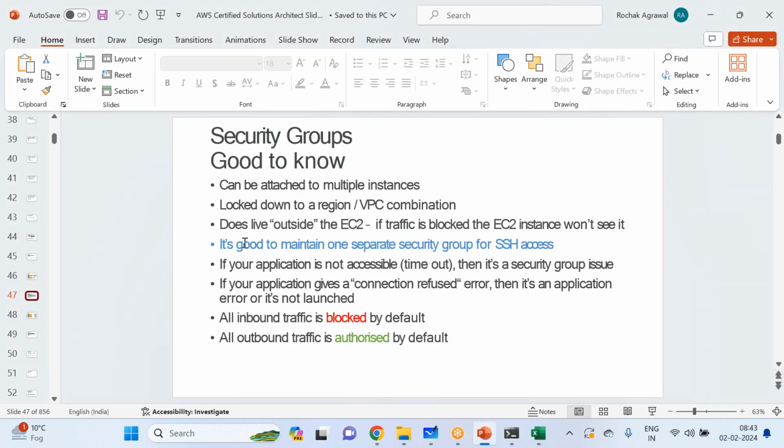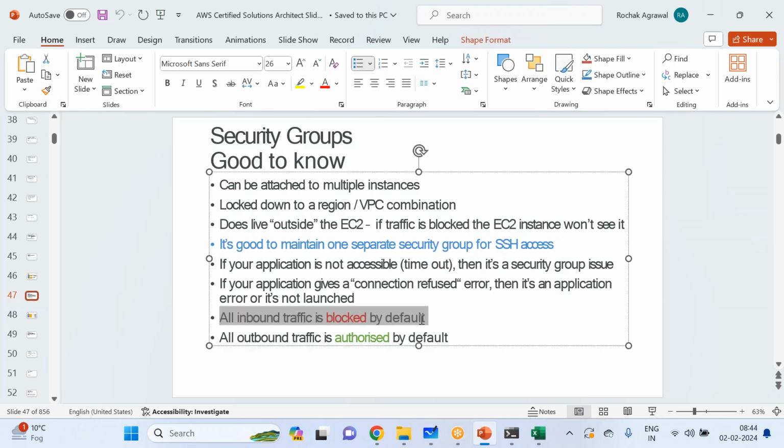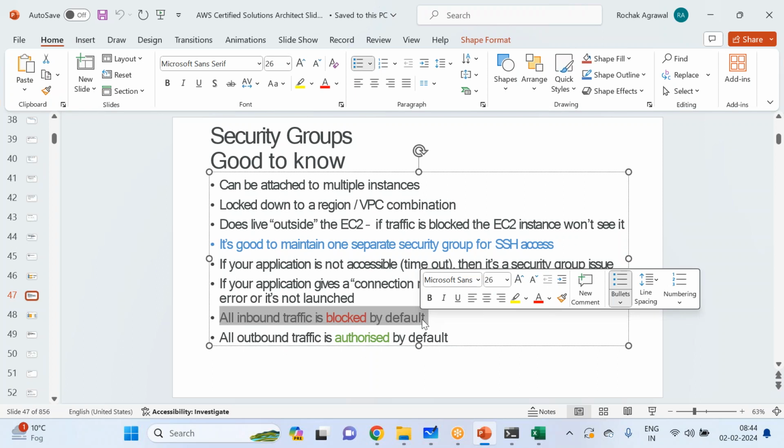And it is good to maintain one security group for SSH access. As we said, all inbound traffic is blocked by default, right? Since all inbound traffic is blocked, you cannot SSH to your servers either, because SSH listens on port 22. So you can create a common security group for all the servers which allows port 22